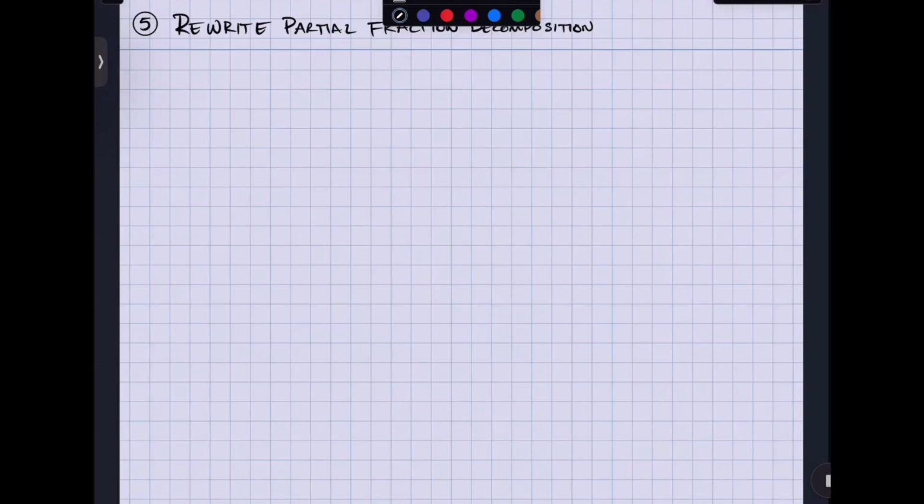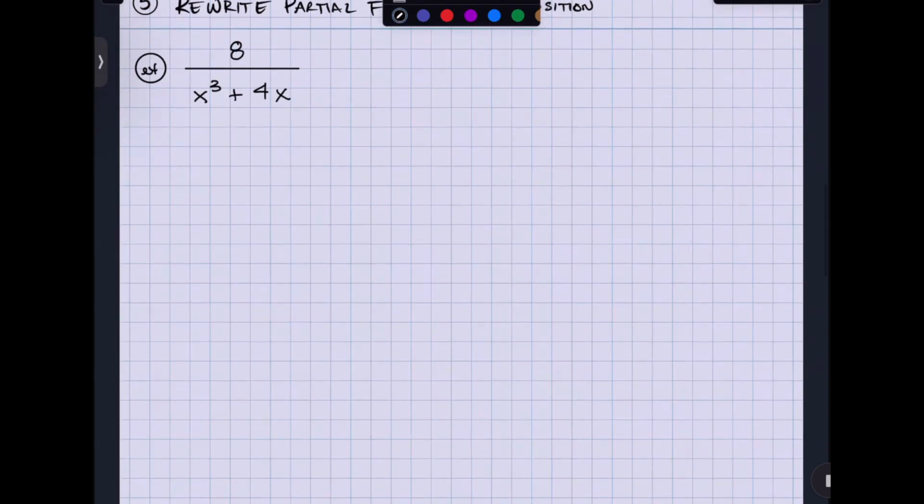All right, let's do an example here, and let's keep it simple. Okay? Let's say I have this. Oops, no, it wasn't x, it's 8. And let me go with x to the third plus 4x. What was one of the very first steps that we had? We got to figure out if it's proper or improper. What is it? Proper or improper? Proper. Awesome. And if we know it's proper, what do we do first? Factor the bottom. Okay, can we factor the bottom? Yes. So this is going to be 8 over